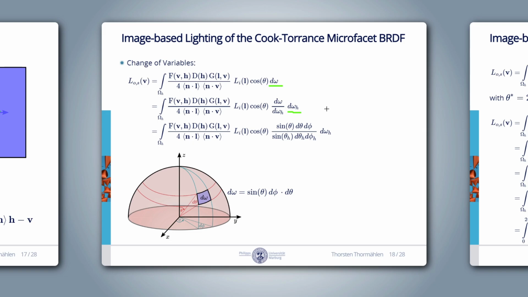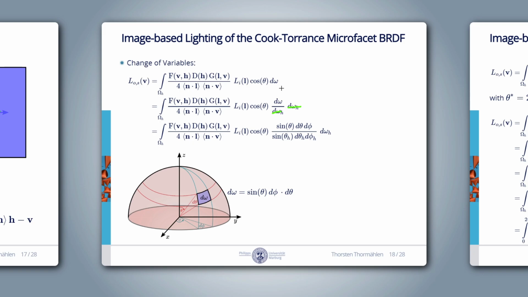To this end, we have to insert this additional derivative d omega over d omega h. I have used Leibniz notation here, which denotes the derivatives as the ratio of two differentials. This derivative describes a change in omega caused by a change in omega h. Leibniz notation already vaguely suggests that the change of variable method is a valid operation, because when interpreted as a fraction, both the d omega h are cancelling each other out and we have the original integral.